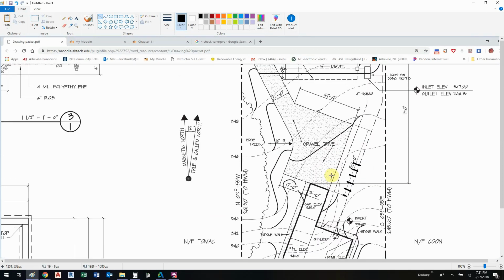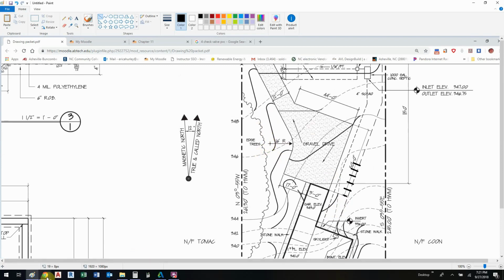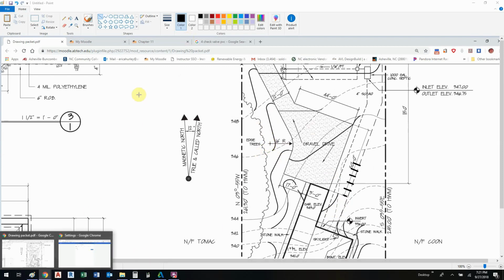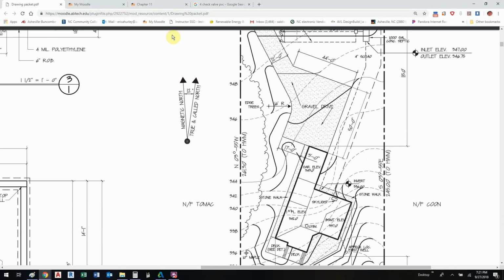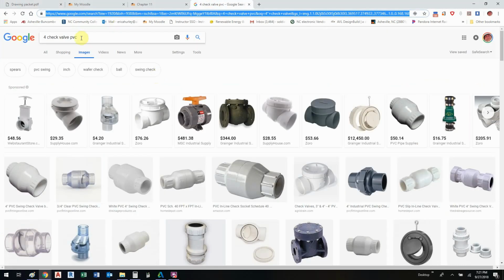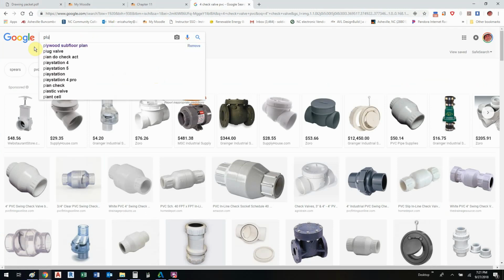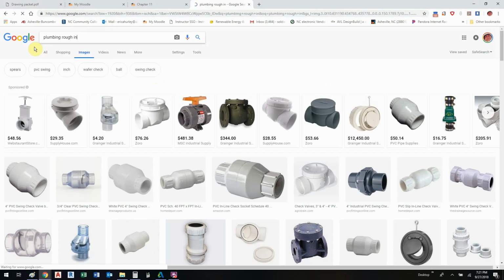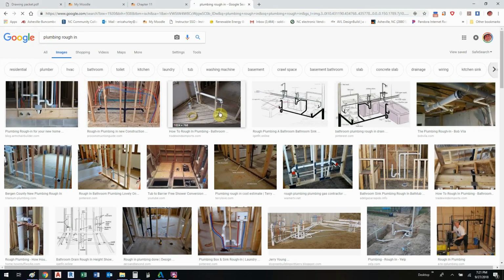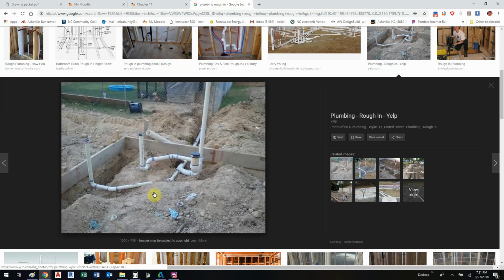So let's think about this pipe work when we're talking about concrete. Let me go back over to Google for a minute here, and let's look up plumbing rough-in. So this is not plumbing rough. This is kind of a plumbing rough-in. So we're getting ready to pour a slab here,